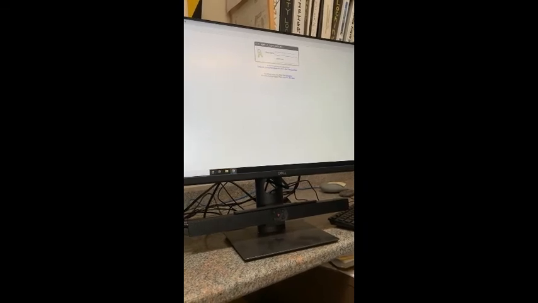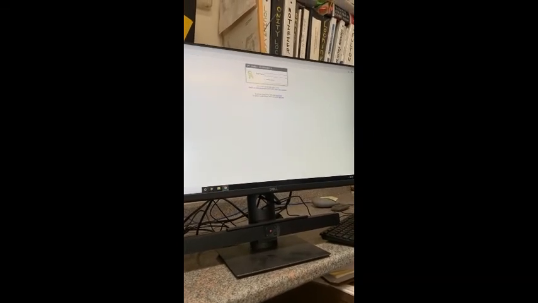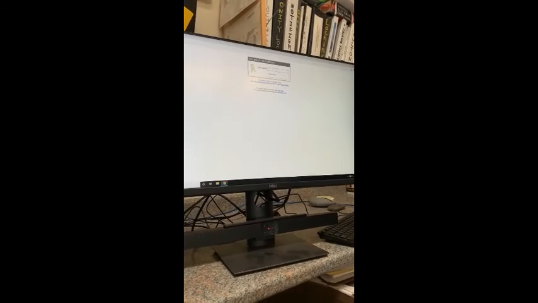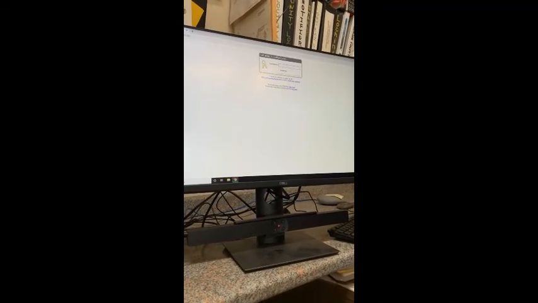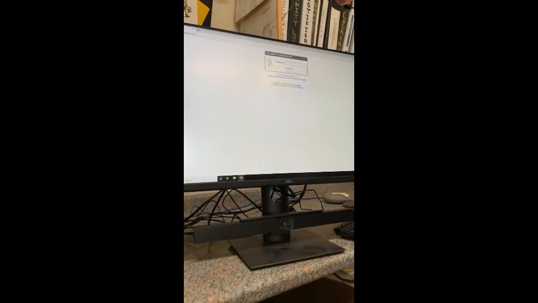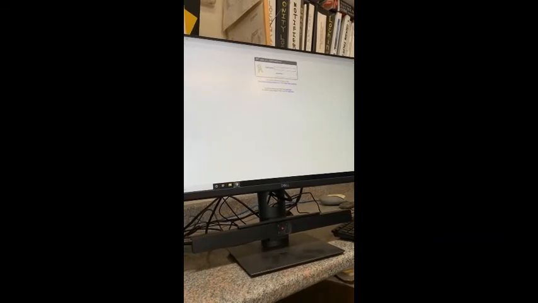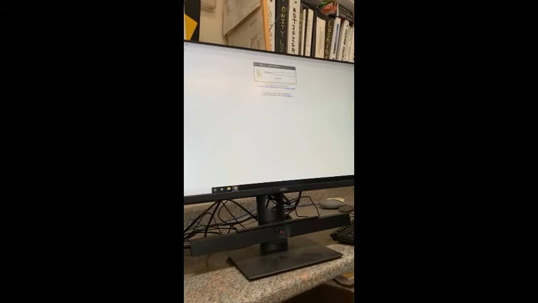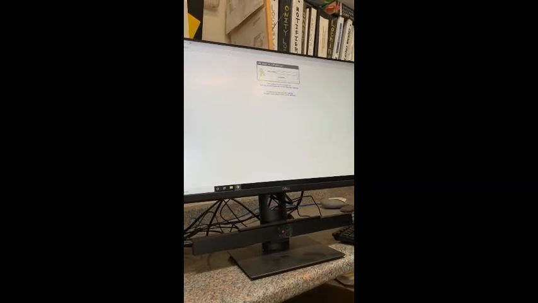So there are three different users. There's admin, all lowercase. There's power user with a capital U, and user, all lowercase. The admin has the rights to go in and change settings in the system and create users and assign them permissions. Power user has the ability to go in and override points and set points, but they do not have access to the more background side of the system. And the user only has view-only access, so they can go in and look, but they can't change set points. They can't override